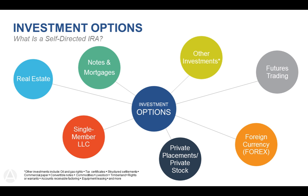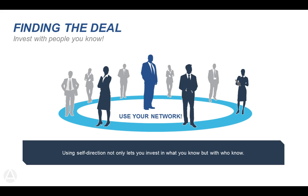So getting back on track, how do you find the deal? Since Advana is a company, we don't provide any investments for you. We don't have a list of stocks. You can't say, I'd like to buy Microsoft, I'd like to buy Google or Apple. How do you find the investment? What do you do? The biggest thing I tell people is use your network. If you're doing something